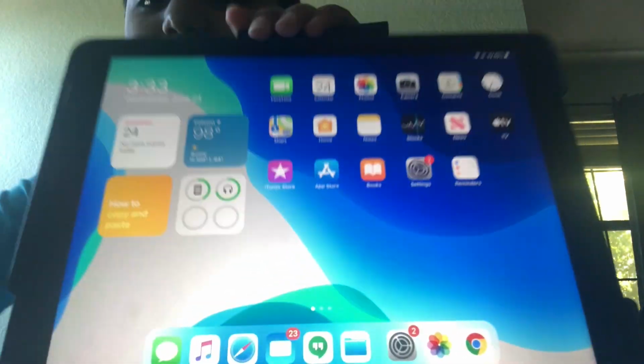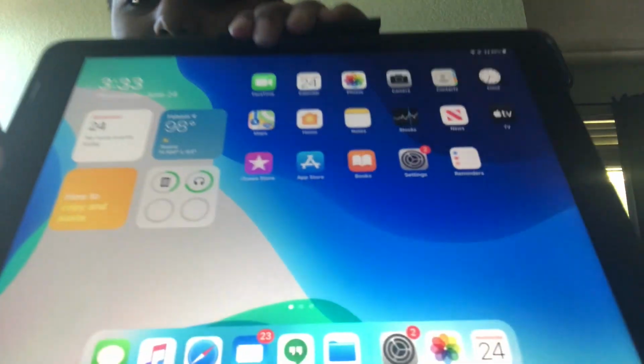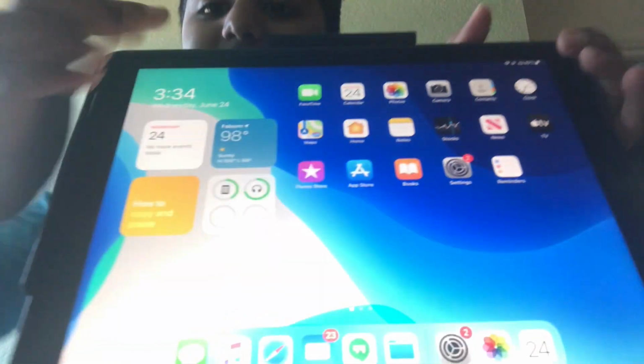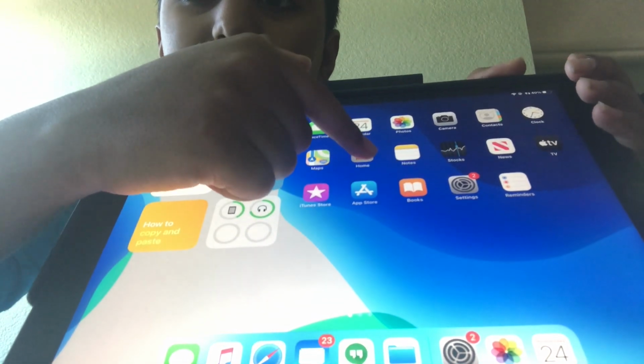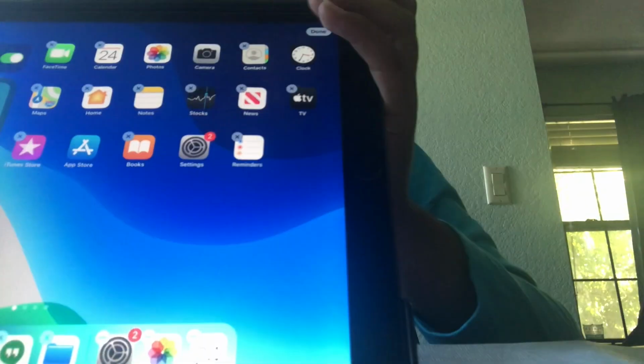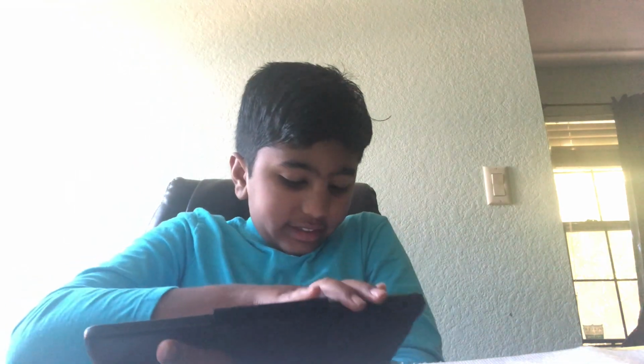First of all, the main new thing are the widgets at the side. That's a calendar widget. That's a tips widget. And if you want to add any widgets, you just turn it into jiggle mode, as they said at the event. You just hold this thing and wait, yeah, now you're in jiggle mode. As you can see, the apps are jiggling. And you can actually add